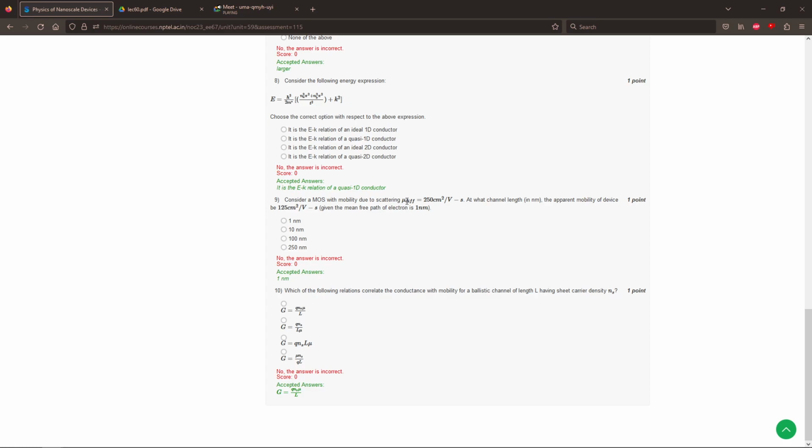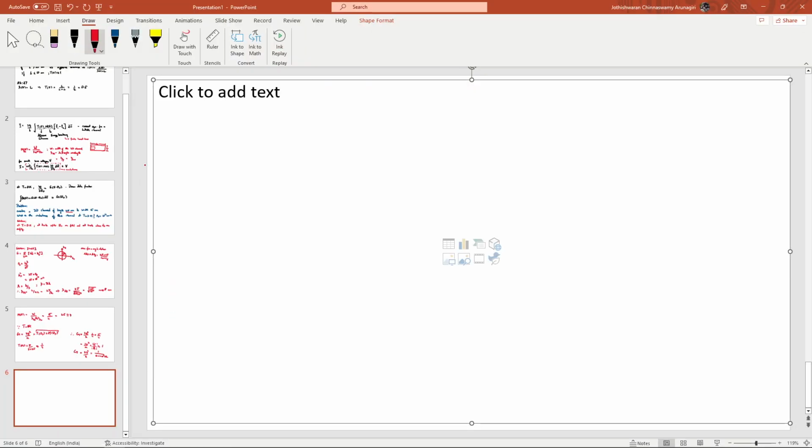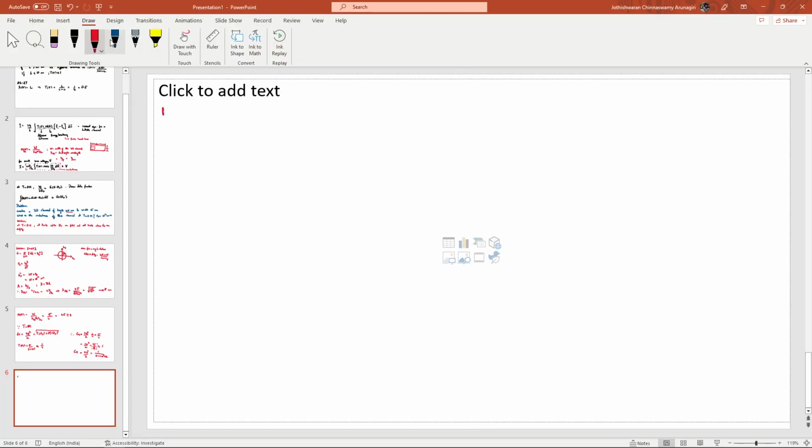Are you guys familiar with the connection between the diffusive mobility and the apparent mobility? Yes, sir. Can you tell me what the formula is? It's 1 by mu apparent is equal to 1 by mu diffusive plus 1 by mu ballistic. Yes. So essentially, if we were to treat the whole thing in terms of mobility parameters,